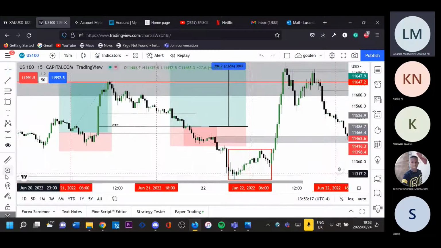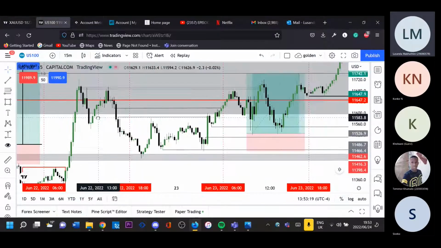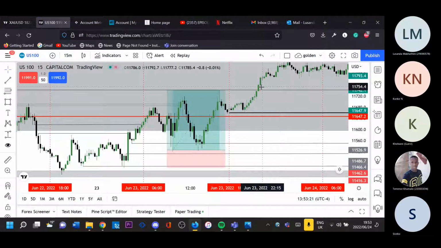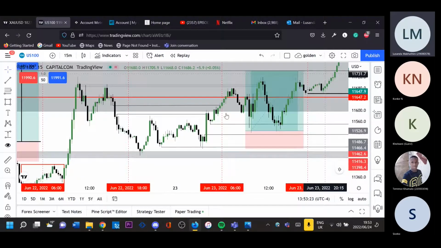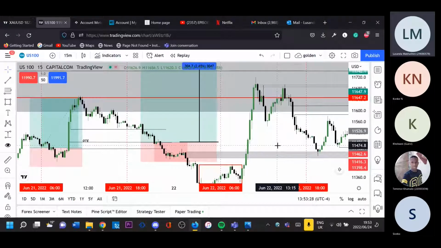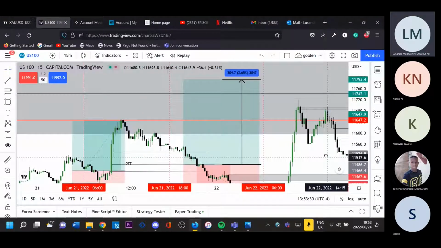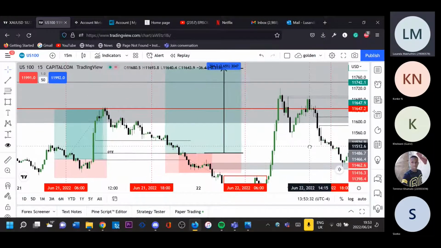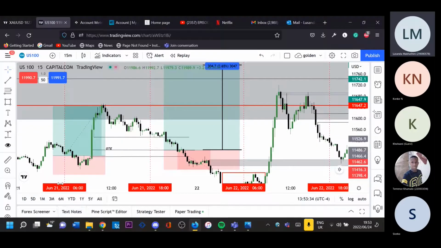I think I only sold. Did I sell? I don't think I did. I didn't sell. The retracements, I was like, no, I'm not going to sell that, because I know they're not long term. I want long term moves. As I was explaining before we started the session, I don't look for a lot of trades. I look for just a few proper trades.